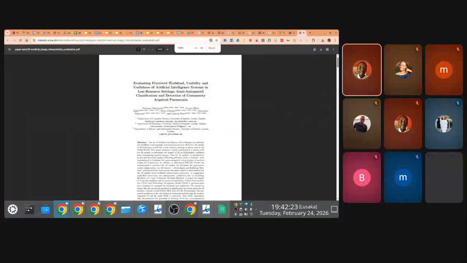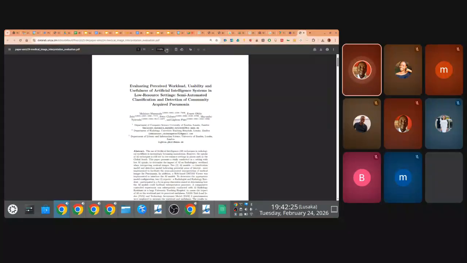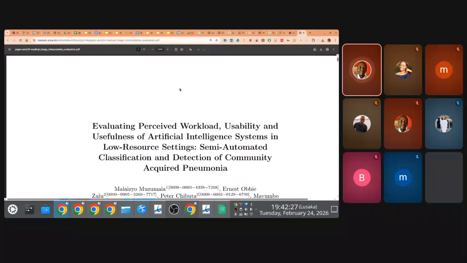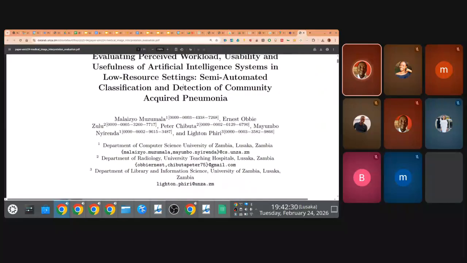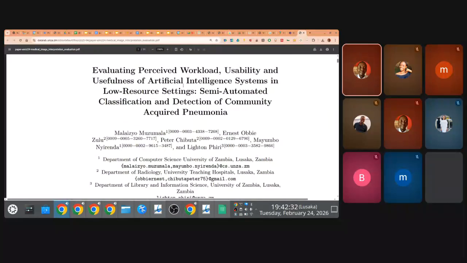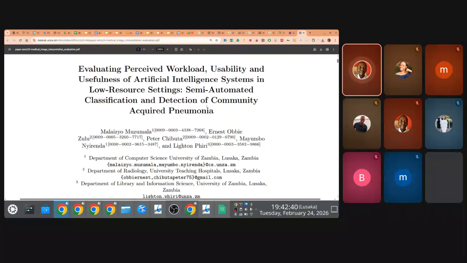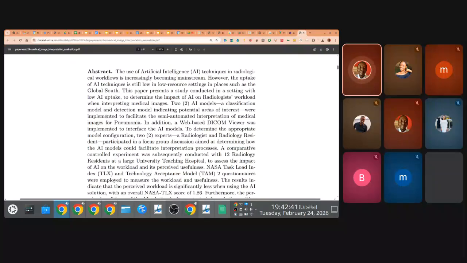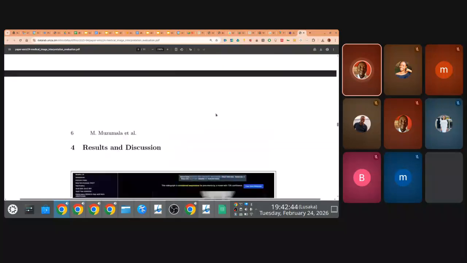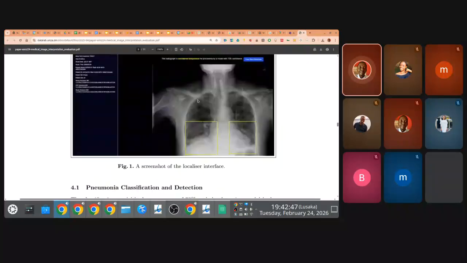What Malaysia is doing is what he's been doing for his thesis. He submitted his thesis for examination. He was trying to explore semi-automated interpretation techniques in resource-constrained environments. This is work package number 6. He was building AI models that are meant to